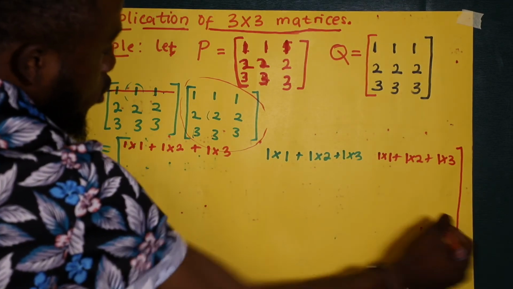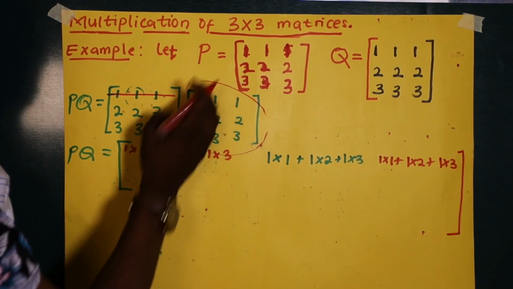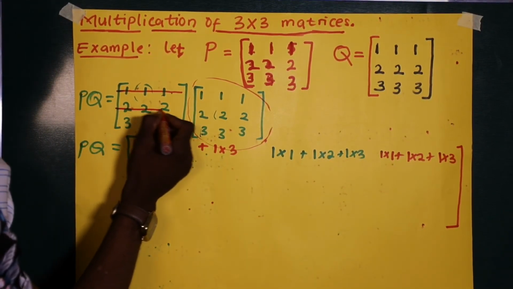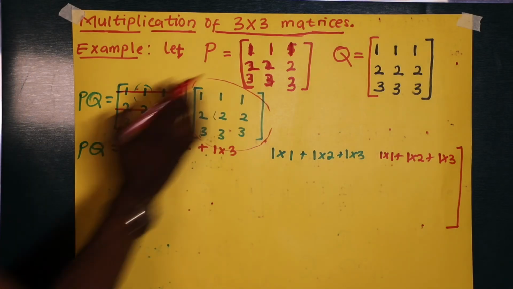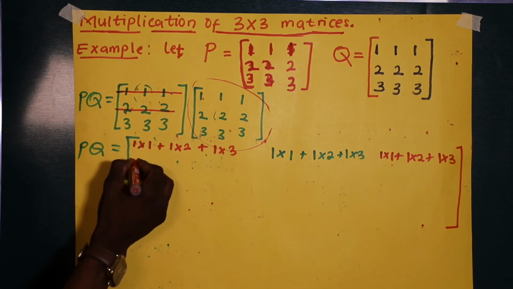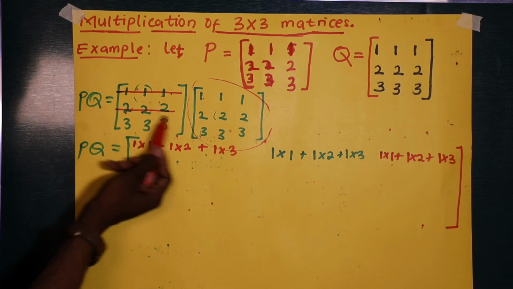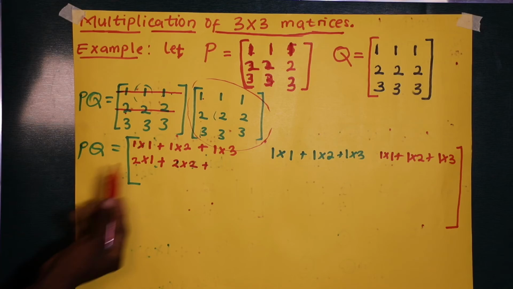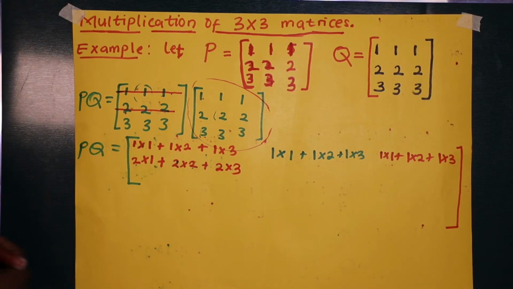Then let's close the matrix. You finish this row with the whole of this matrix. Then you come to the second row of the first matrix and multiply it with the whole element of this matrix. 2 times 1 plus 2 times 2 plus 2 times 3. Then you shift,